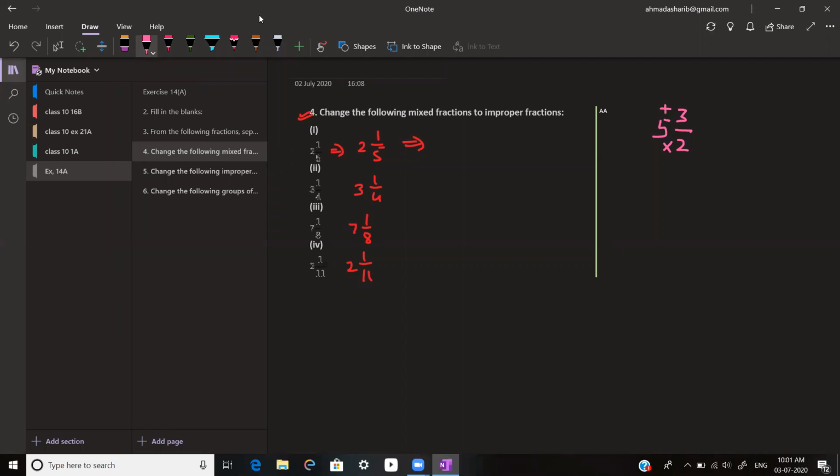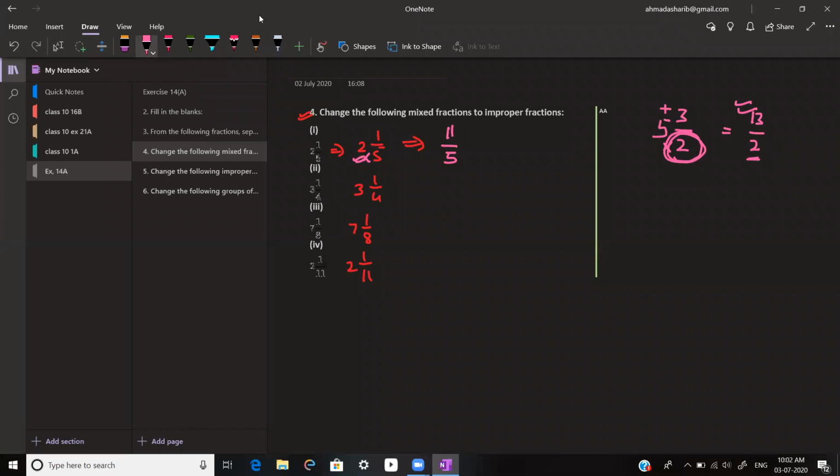Akshara, don't raise your hand. So 10 plus 3. Okay, 10 plus 3 is 13. 13 upon 2. You have to write the same denominator here, but actually you have to change the numerator. Fine. So 2 5s are 10. 10 plus 3, 13. 13 upon 2. So in the same way, we are going to change 2 whole 1 upon 5. 5 2s are 10. 10 plus 1, 11. 11 upon 5.